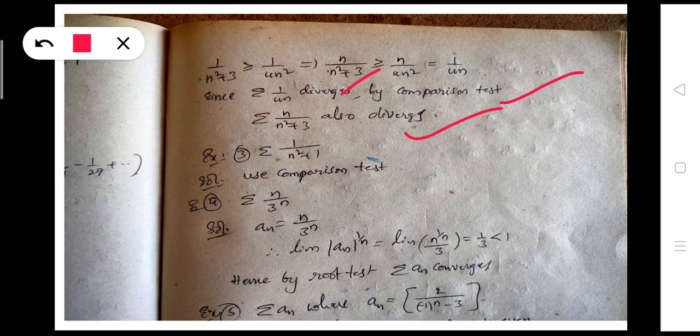Take another example, example 3: sigma 1 by n square plus 1, is it convergent or divergent? So use the comparison test, you can find out this problem. Here this is homework for you. And take another example, sigma n by